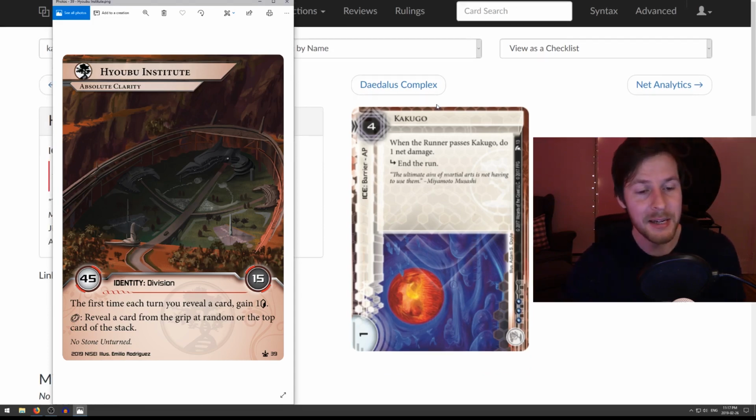Now, how do you play against that? A lot of times you want to install your cards. That's the easiest way to get around Hyoubu. If you have that breaker in your hand, just slam it onto the table so you can't get it lost to the Salem's Hospitality, to any net damage, stuff like that. But Jinteki, in some ways, can capitalize on that. If you're playing against a Jinteki deck that does a lot of net damage, that maybe wants to grind the runner's deck down to nothing,